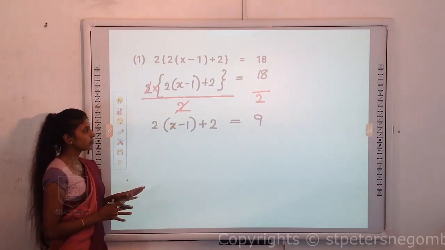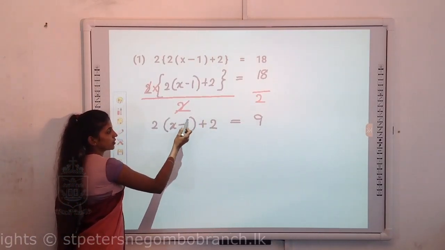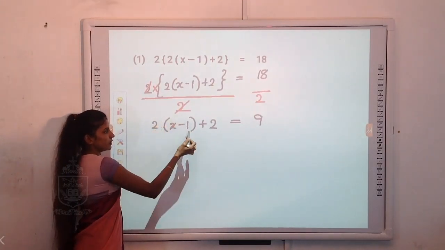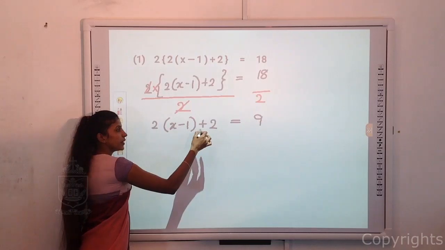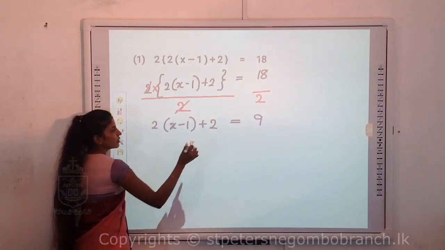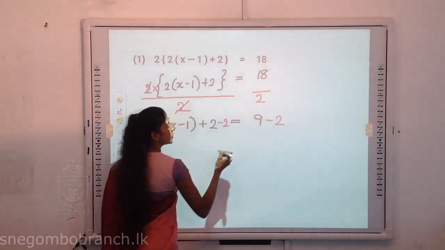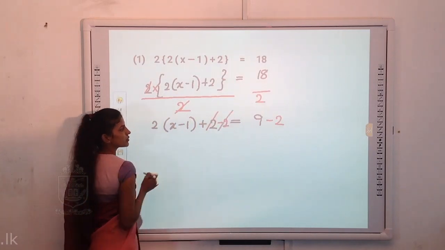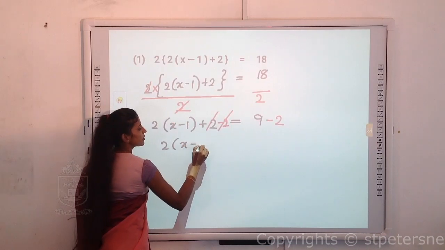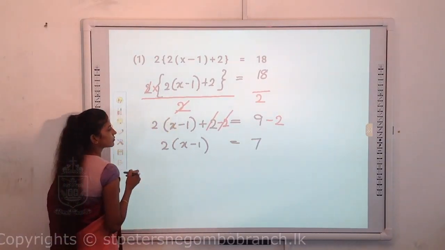Okay, our next step is to cancel this plus 2. Now you all can see this expression is multiplied by 2. So we can't simplify this part at first. Simplify this plus 2 first. When simplifying plus 2, you know the opposite of plus 2 is minus 2. So we can subtract 2 from both sides. Plus 2 minus 2 cancel. So what is remaining in left side is 2x minus 1. And 9 minus 2, answer is 7.